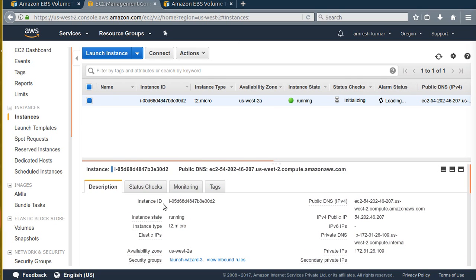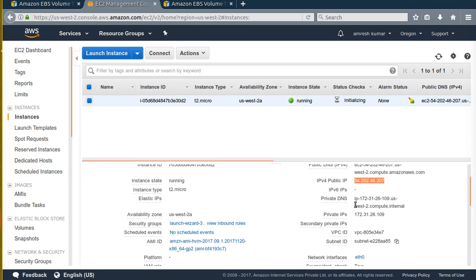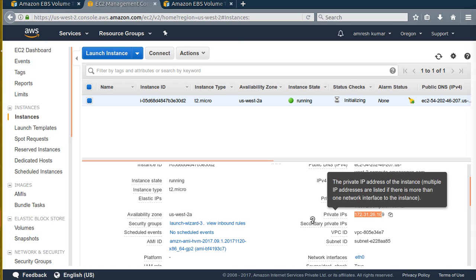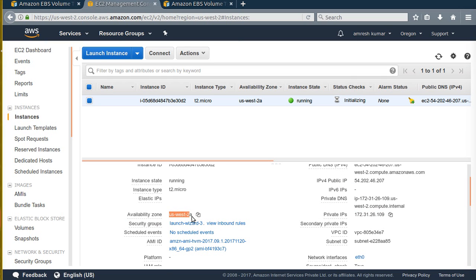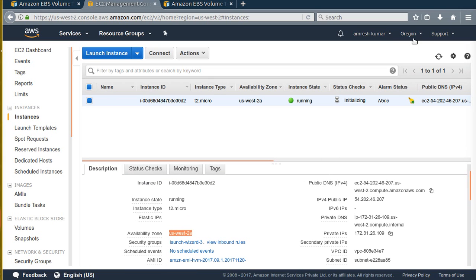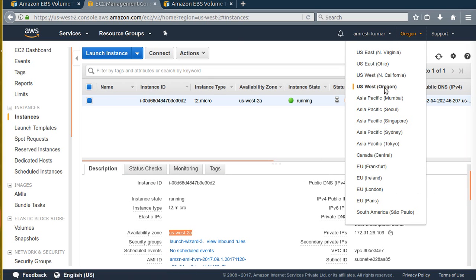Okay, we can check these are the details of my instance. This is my instance ID. This is the public DNS. We can use this to log in, and we can also use the public IP. It is the private IP of my instance. This is my availability zone. You can see there are several regions. If I choose North Virginia,